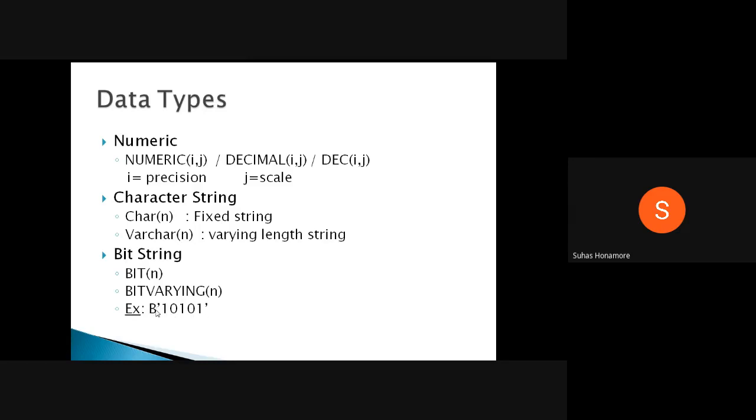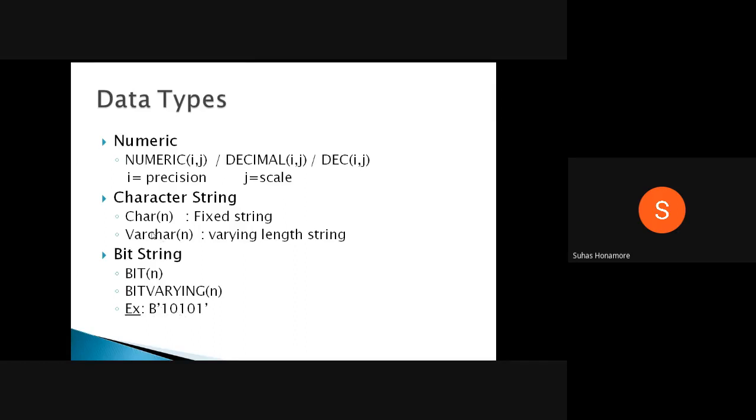So you have to give a capital B, and after that, whatever value comes in single quotes is nothing but bit values. The bit string that the system reads is nothing but bit values, so zeros and ones will be there. If I have given B, then in single quotes some value like xyz, the system will throw an error. You are telling the system you are trying to insert bit values, so you have to give zeros and ones. If you give anything other than these, the system will automatically throw an error.